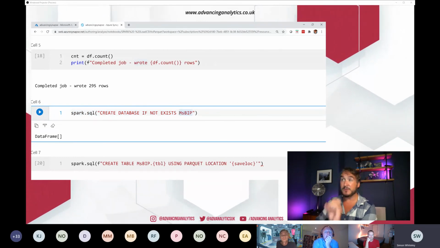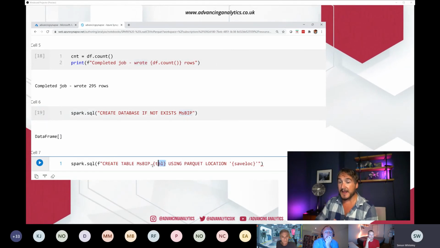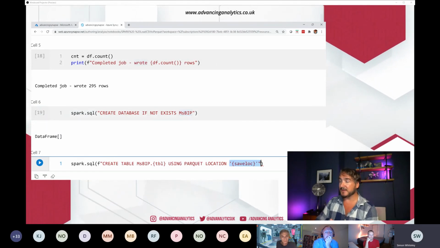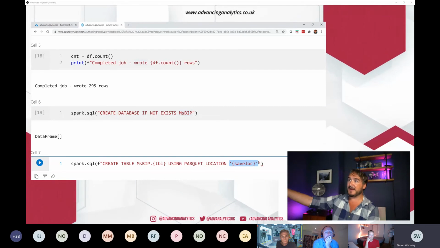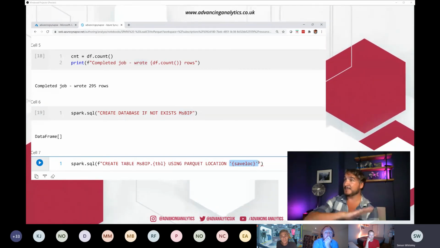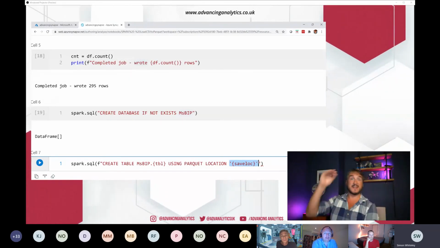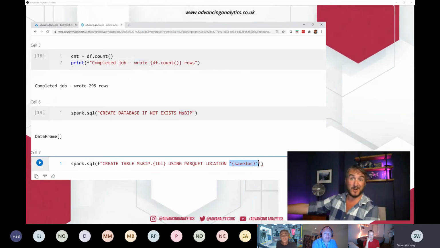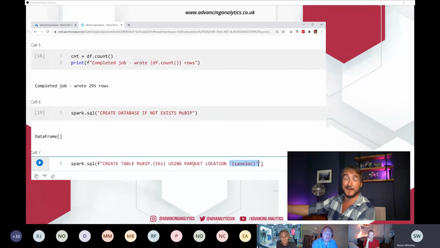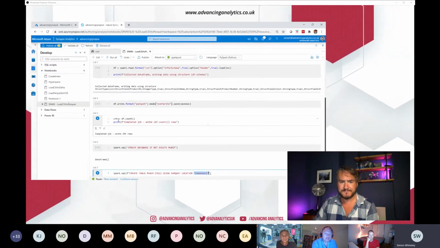So I'm going to make a new Spark database. And then inside that database, I'm going to add my new table by pointing at a location. So that Parquet file I've landed in the lake, I'm going to just register that Parquet file inside my Spark database. So I'm going to end up with just metadata, just a list of things that look like SQL tables. It's actually Parquet. The data's still held in Parquet in my lake, but I can see it as a SQL table. Very importantly,